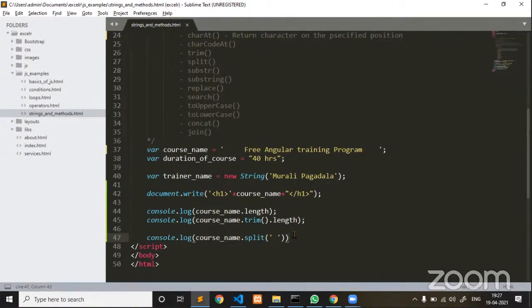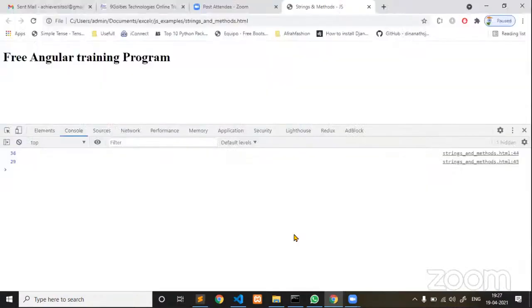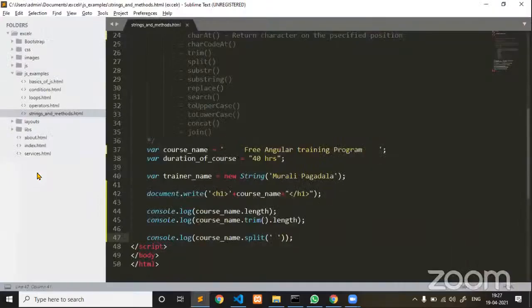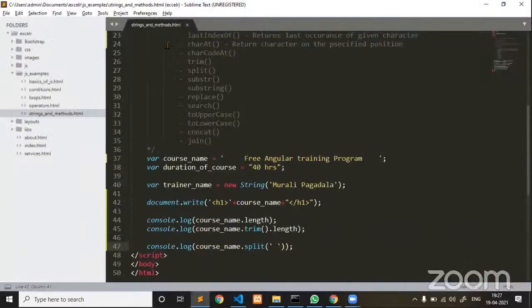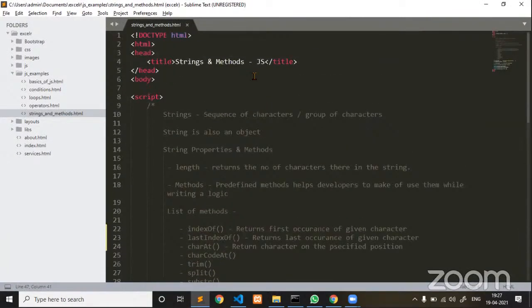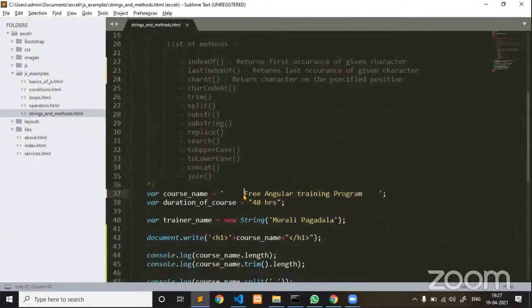Now line number 47, if you go and execute it, you can see that your string is completely converted into an array. Wherever it identifies the space, that string is divided into an array. Now here, since white spaces are there, let me remove white spaces and try to check.